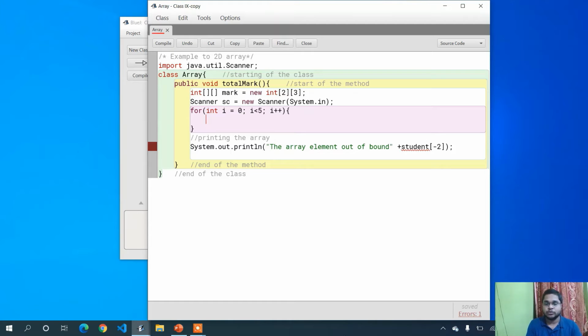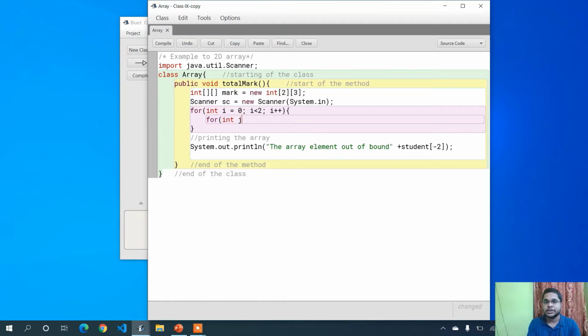First, the outer loop represents the row. The number of rows is 2, so i equals 0, the range is up to 2, then i plus plus. And the inner loop represents the column.